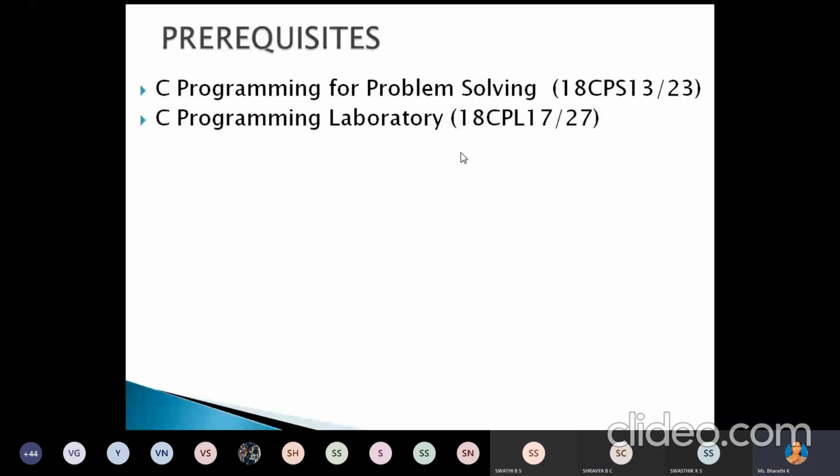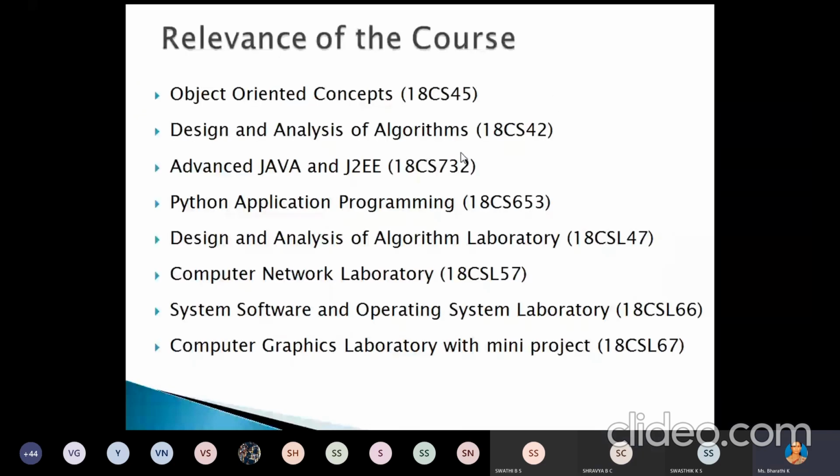To study this subject, you should know some basic concepts related to C programming for problem solving that you studied in your first or second semester, and you should have some practical experience with C programs. Where can we use this course in higher semesters?